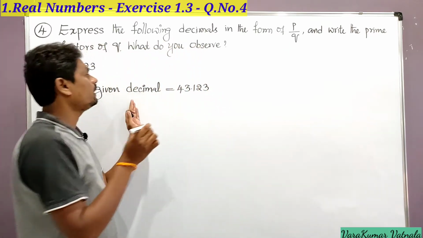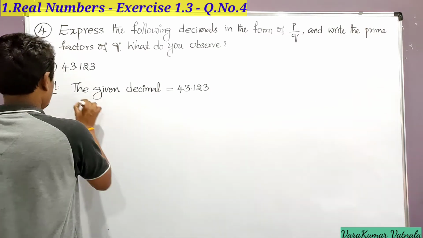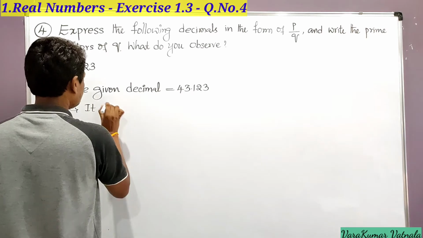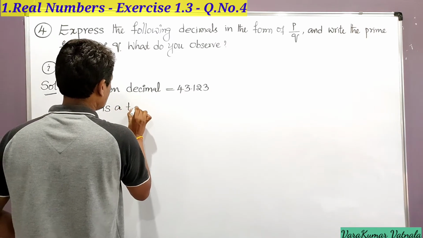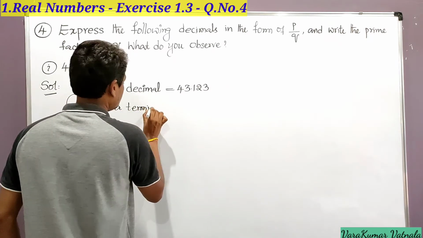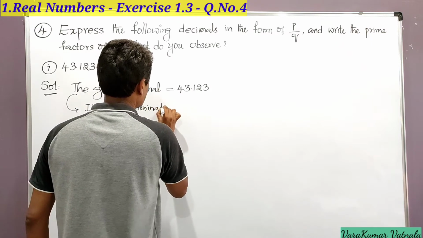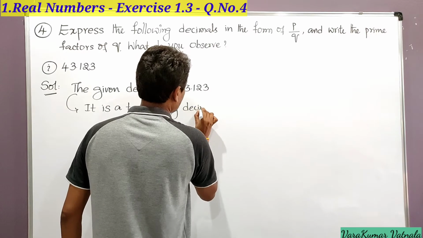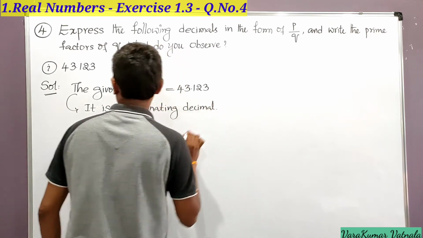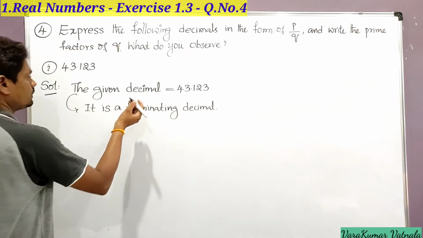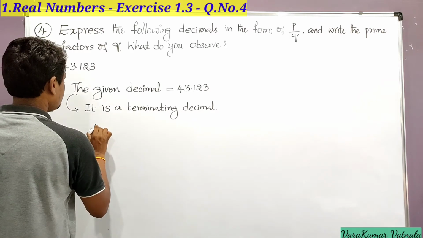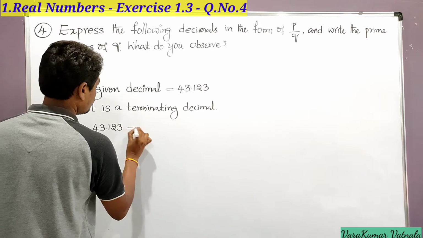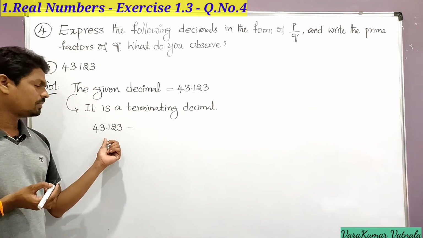So it is very clear, it is a terminating decimal. So it can be converted into p by q form. So terminating decimals are rational numbers. Therefore, 43.123 is equal to...